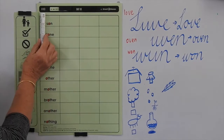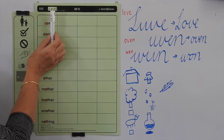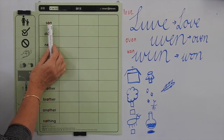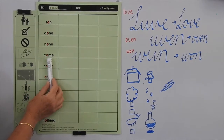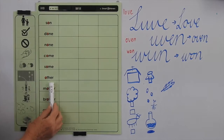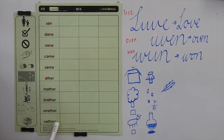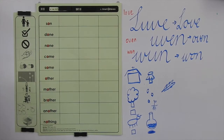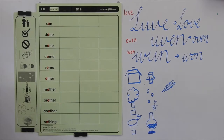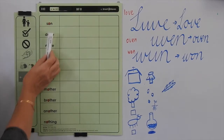Okay, this is H3, day 1, and we're introducing the reason why we use an O for the ut sound in these words. So the words are son, done, none, come, some, other, mother, brother, another, nothing. So I've got a really good poem wee story that helps you understand this, and some people call it the lazy monk story. So either way, it tells you why we use the letter O for the ut sound in